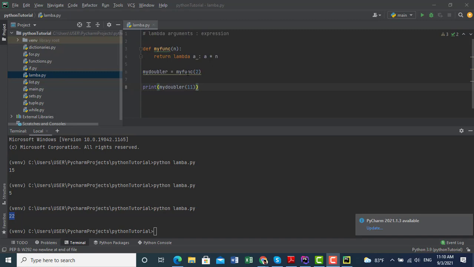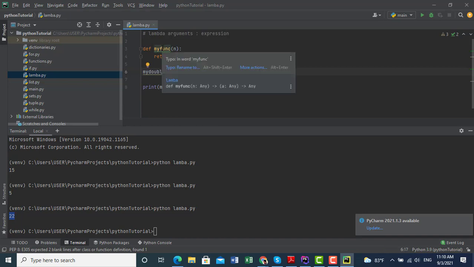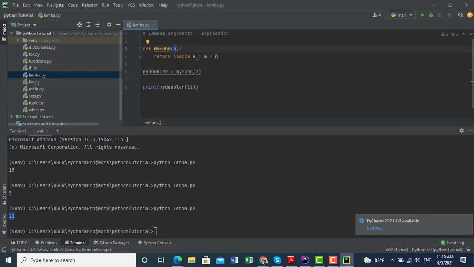Firstly, we pass 2 into my function. Then my function is called, argument is 2. Then it returns a lambda function.